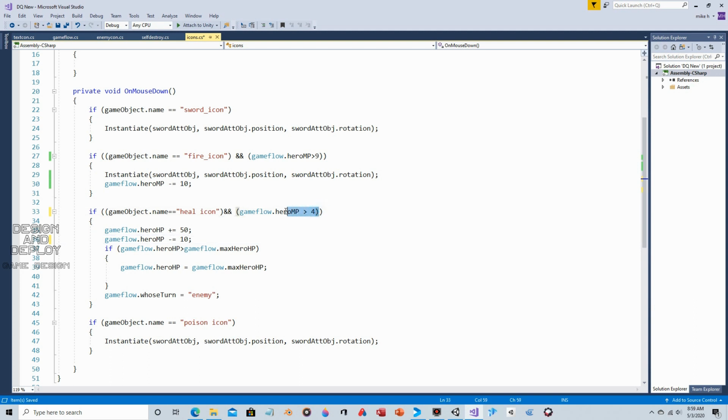So again, you're checking for a minimum value for the hero MP, and then you're going to subtract out the cost. And again, each condition needs to be surrounded by parentheses, and then the whole thing has to be surrounded by another set of parentheses. And let's make this cost even more